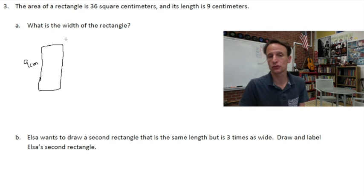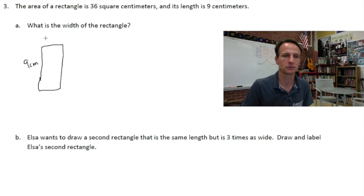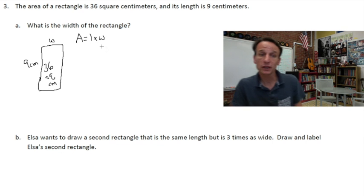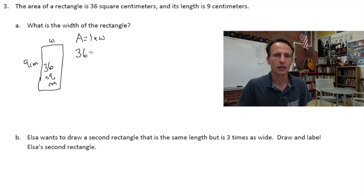So that we can draw it. Now, if you drew it wrong, if you drew it longer that way, then that's okay. It works. So our area, we're told, is 36. So I'm going to write that inside here. 36 square centimeters, because that's the area inside it. And what we're trying to find here is the width, so I'll put W for that. Now we know that area is the length times the width. We're given the area as 36 square centimeters, and we are given the length as 9 centimeters, and we're trying